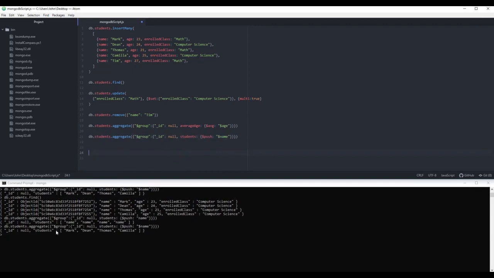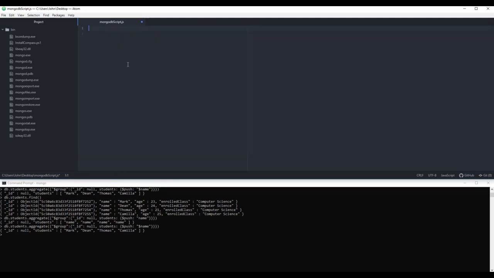So now that we have seen how we can return an array of all our students' names, we will look at how we can make an array with unique values for the entire collection. First of all, we will start by getting rid of the old commands right here, so that we have more space. Because in order to test this, we need to add a new field to the student documents. So we will be typing db.students, and then we will use the update as we have learned in the previous sections,